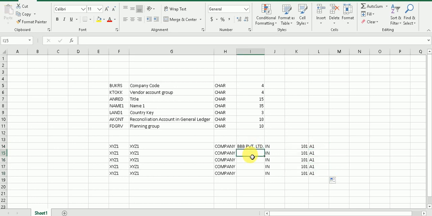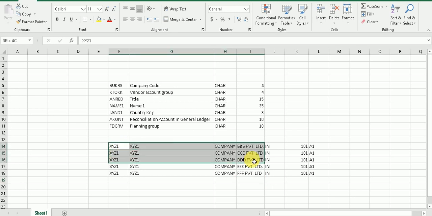For company, I have a different company. I have different types of company vendor. So CCC Private Limited, example DDD Private Limited, EEE Private Limited, okay.